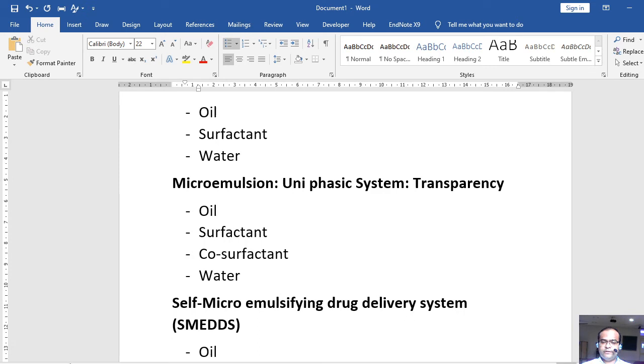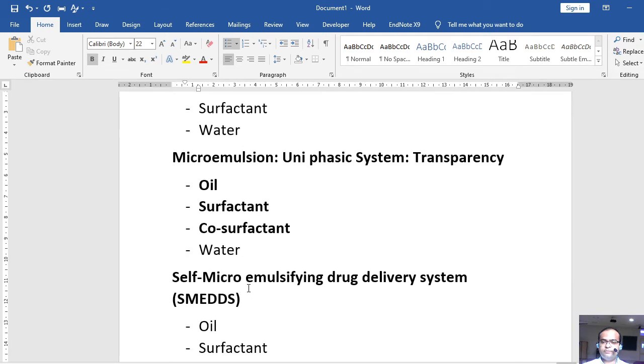How can we do that? You know the basic process. First you need to select your oil, the surfactant, and the co-surfactant. Again, we are not discussing how to select the oil, surfactant and co-surfactant. It's a part of the basic theory. But once you have selected these components, you have to develop their mixtures.